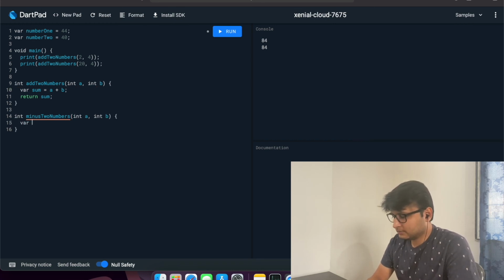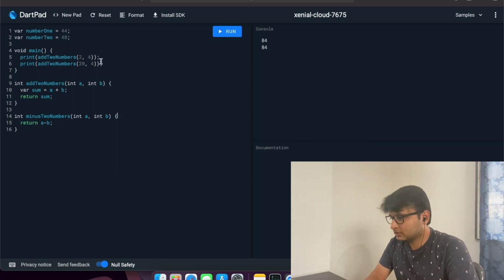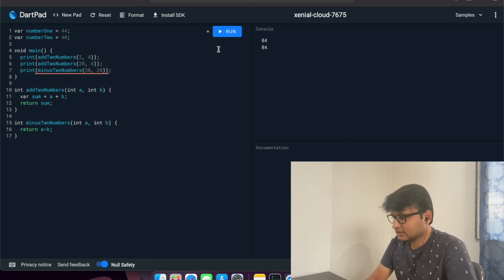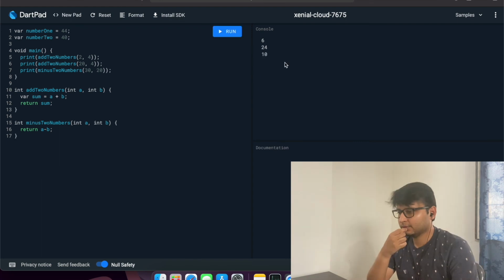Now you can return directly from here like this. This is also correct. Now let's call that method, 30 and 20. Let's run it. So you can see 30 minus 20, it will be 10.